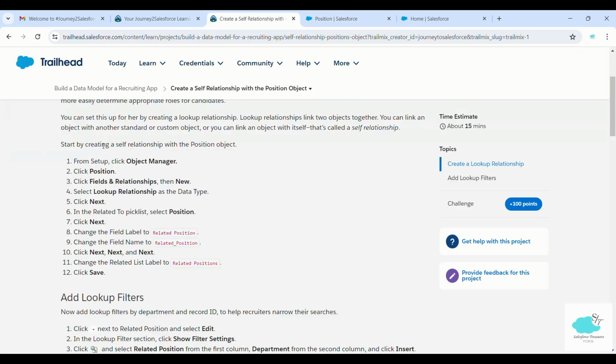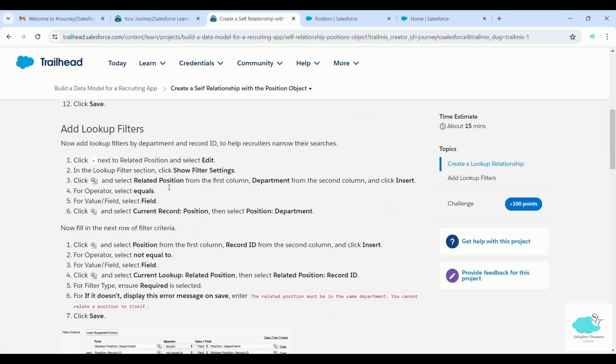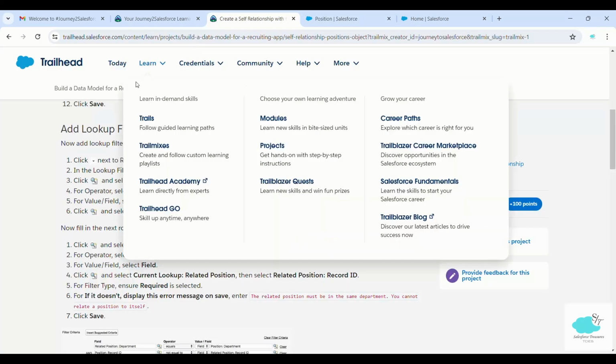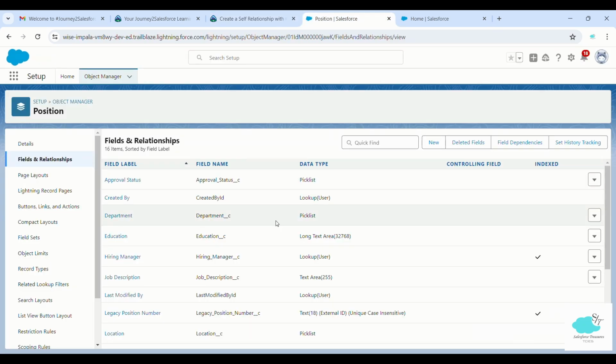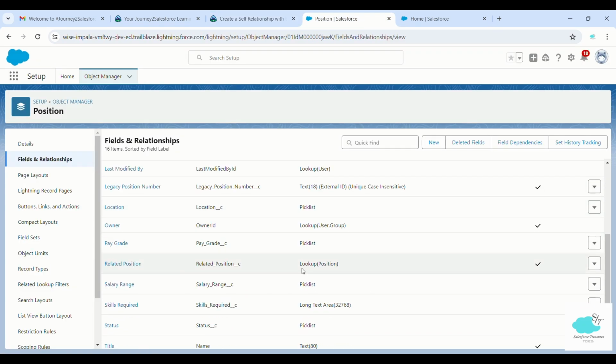We'll go for the next step, add lookup filters. We have to go and add some lookup filters, so we'll do that. We have to click the drop down menu and edit the related position field which we just now created. We have to search for related position, edit,